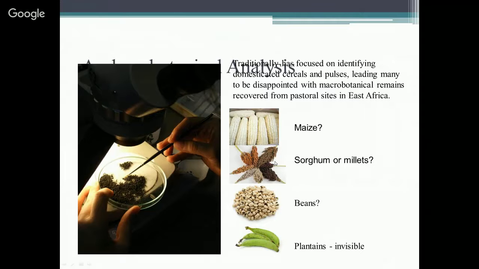And I have reason to believe that people who inhabited the sites excavated would have been participating in trade networks that would have given them access to crops like maize and sorghum and beans, and plantains in particular would have been a really commonly enjoyed food. And so these domesticated plant foods would not have been produced in Amboseli, but instead on the fertile slopes of Mount Kilimanjaro, which is just south of my study area. But I'm not finding any or much of this stuff in the samples I've looked at. I didn't expect, obviously, to find banana seeds. But as for legumes and cereals, this may be because people were not eating these foods or only consuming them in small quantities. Maybe because these foods were prepared in such a way so that they would be unlikely to be recovered and identified